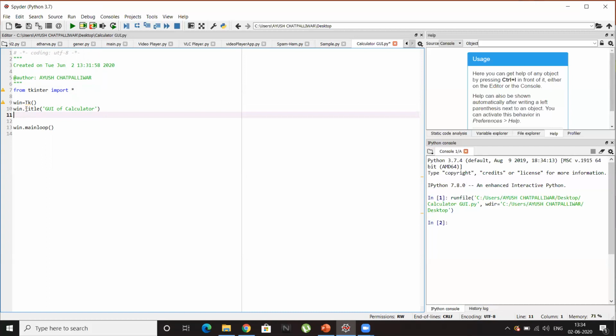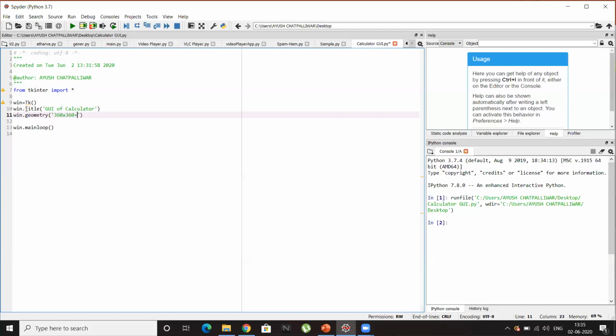Now let's set the geometry using win.geometry. So let's try 360 cross 360. It's given in cross, and we fix its location to appear on the screen.